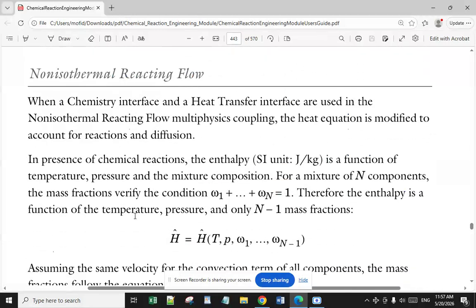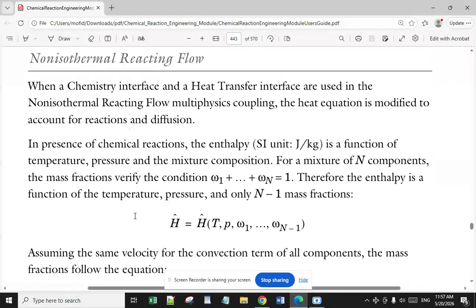Now I want to go to the non-isothermal reacting fluid. When a chemistry interface and a heat transfer interface are used in the non-isothermal reacting fluid multiphysics coupling, the heat equation is modified to account for reactions and diffusion. In presence of chemical reactions, the enthalpy, based on the SI unit joule per kilogram, is a function of temperature,